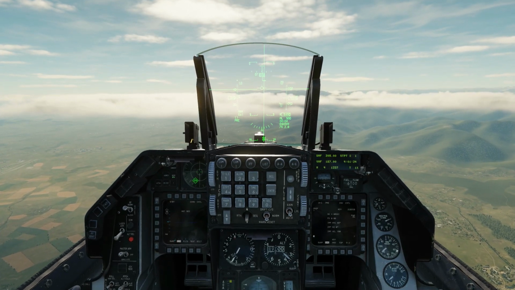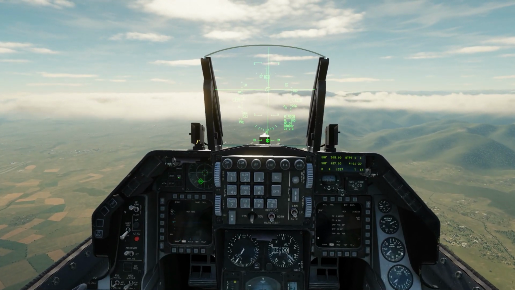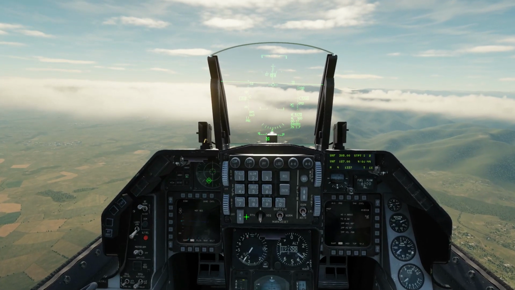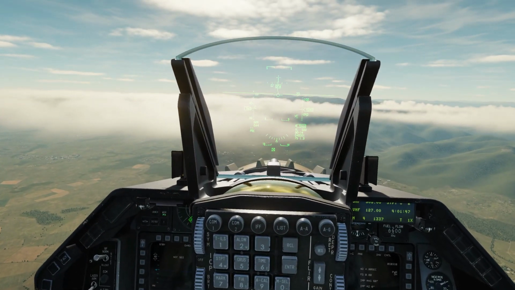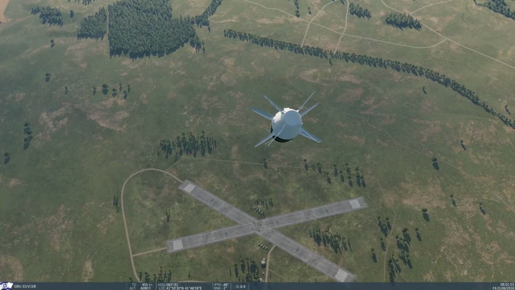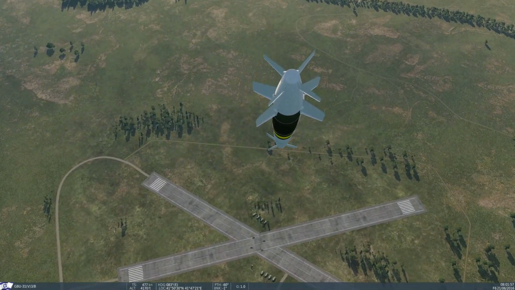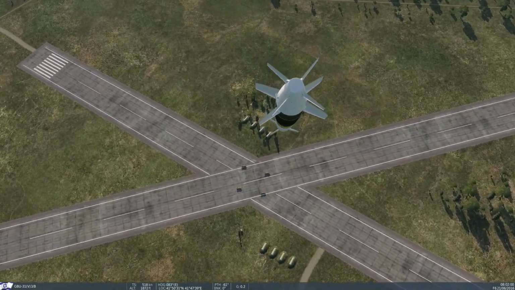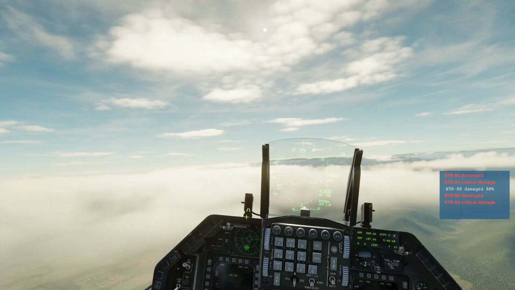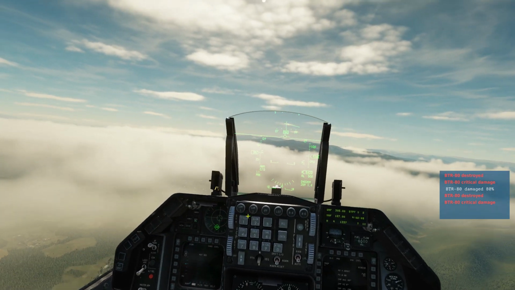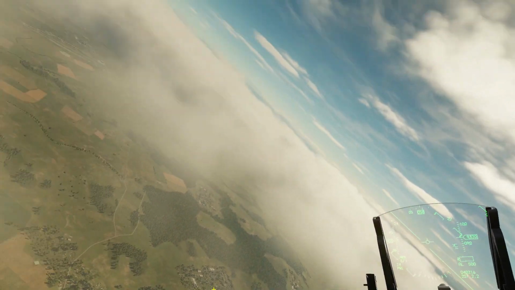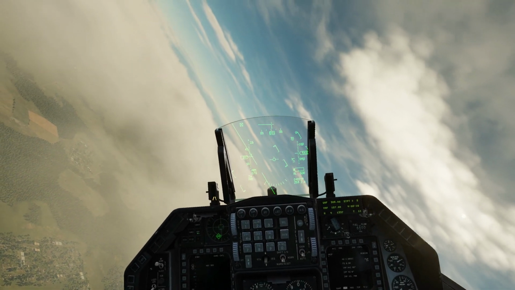Here we go. Hold and press the pickle button. There goes one. Level off. There goes the other one. Let's see how they fly to their target. You can see them lock on to their target in a second. And there we go, we've got a lock. Boom. And obviously the other one hit too, getting both of the targets as well, because they are 2,000 pounders, and a lot of collateral damage involved in that one. So we'll jump into the air-to-air